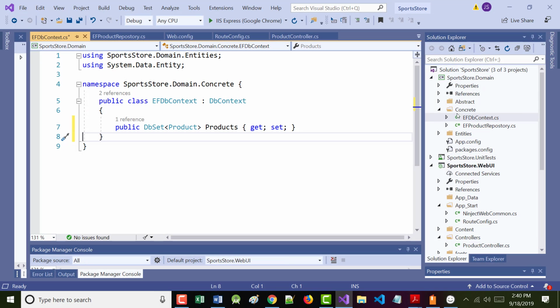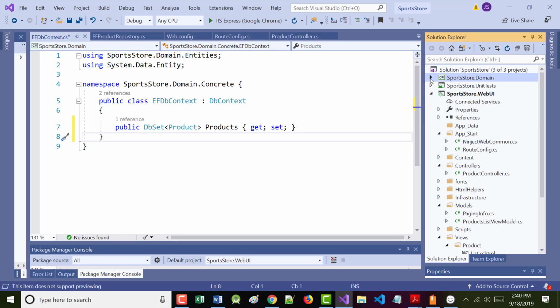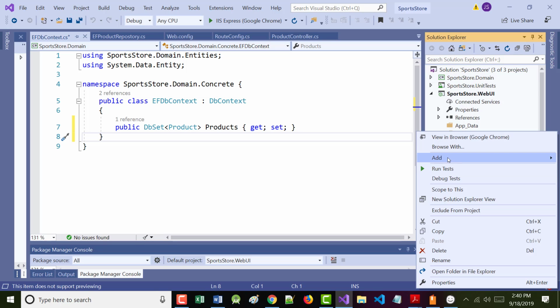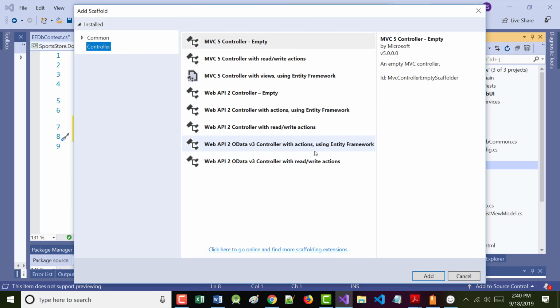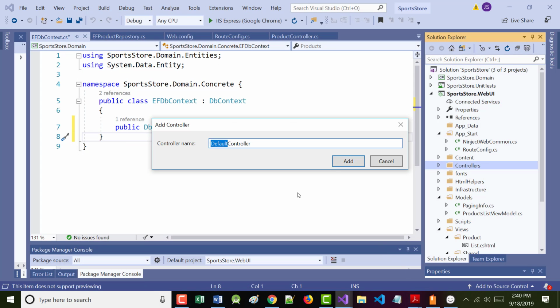Long story short, we're not in our domain now, but back in the Web UI, in our Controllers folder, right-click, Add Controller, empty, and call it Nav Controller, not Nav Controller Controller. Don't do that.